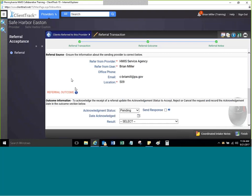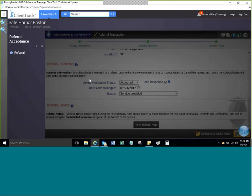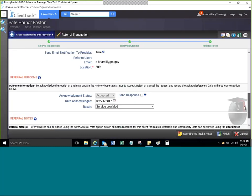However, if you have sent out multiple ones, you can wait for possible acceptance of one of the referrals that you send out, because in this example, we're going to go ahead and accept this referral. Now, if you accept it, a referral note is not required. However, like we said, we always recommend entering in referral notes whenever you can. Now, at this point, it will